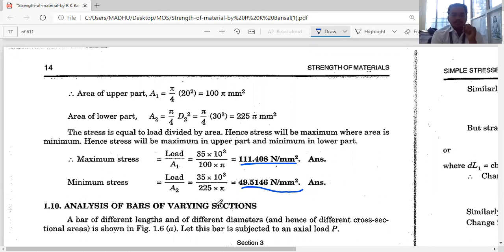See here, A1 is compared with A2, which is less in value. That's why we get the maximum stress is